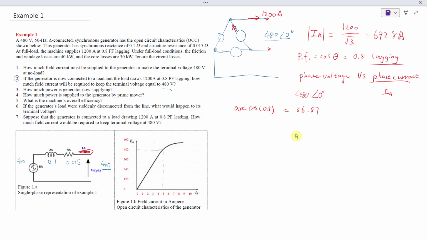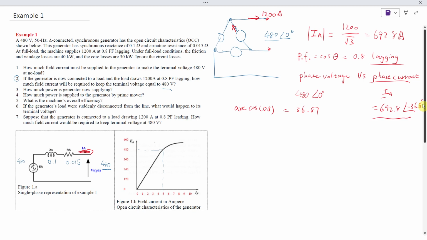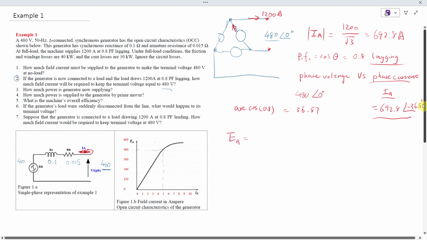So this current IA equals to that magnitude and negative 36.87 degree. Okay, so we got this IA now. Then we can calculate this voltage here. So you can see that EA is going to equal the terminal voltage VT